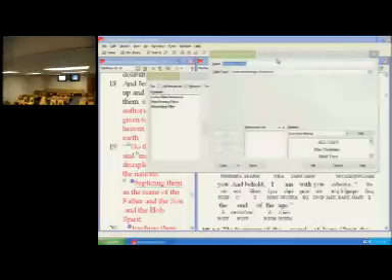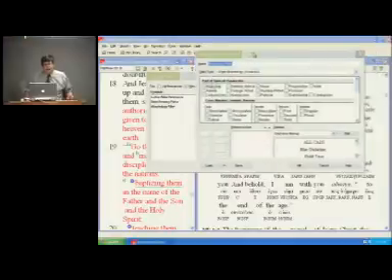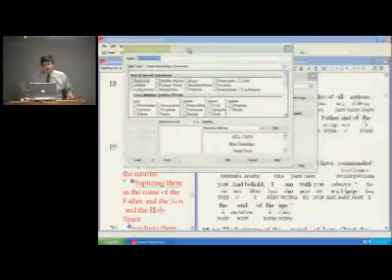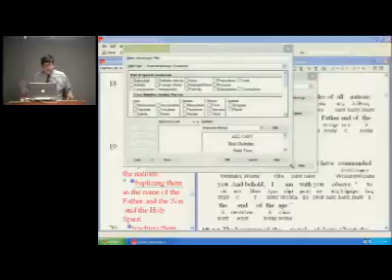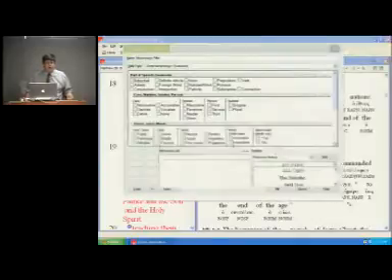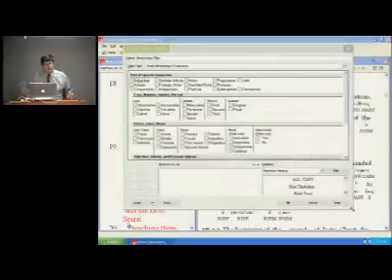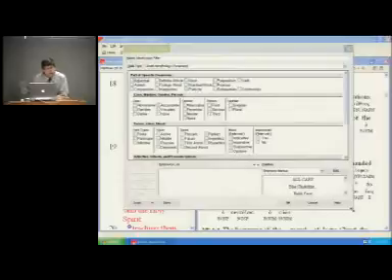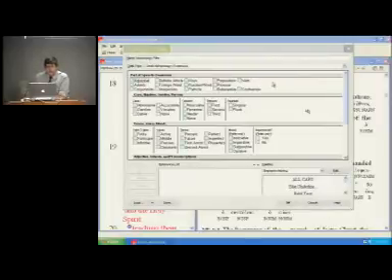Now, don't let this window intimidate you. As time goes on, this will make more and more sense as you learn more and more Greek. But what you're basically doing is searching for various Greek forms within the text. Now, I want it to show me first all the verbs, okay? Because verbs are important. They're the action words. So if I just click up here where it says part of speech verb,